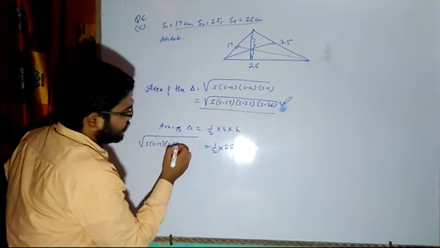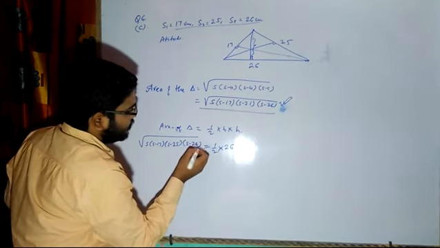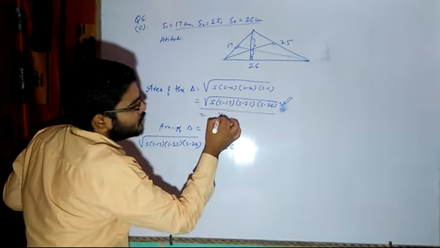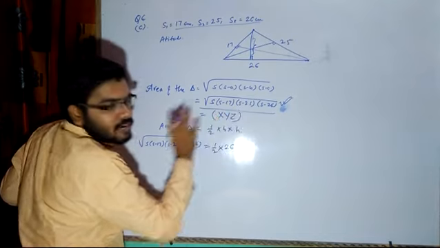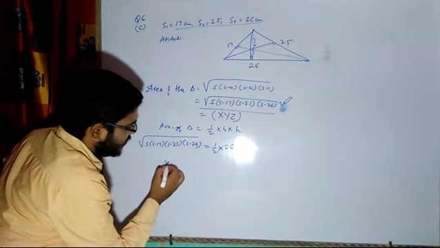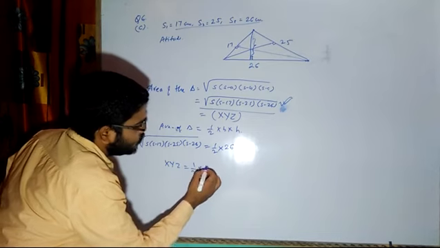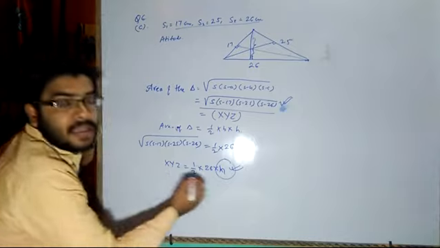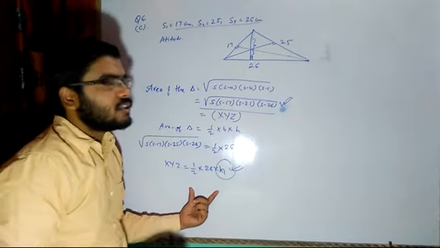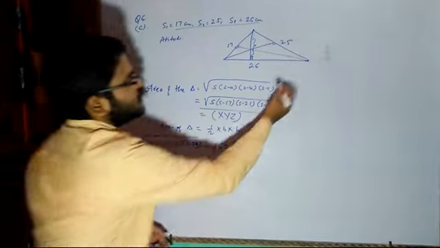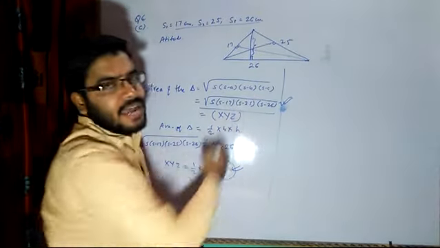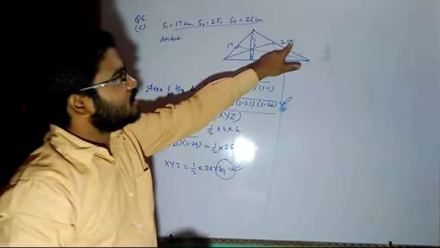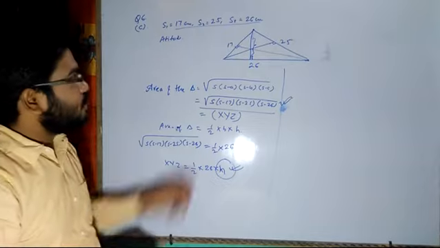Whatever area you will get, you will put the numerical value. You will get a numerical value, say for example XYZ, then you will write XYZ is equal to half into 26 into altitude, and from here you will get the value of altitude by calculation. After calculating, you will get the value of altitude. So in this way you can find the values of different altitudes. I hope it is clear. You have to solve. I am not calculating here because it is your part. This is a very simple question. You need not worry about this.